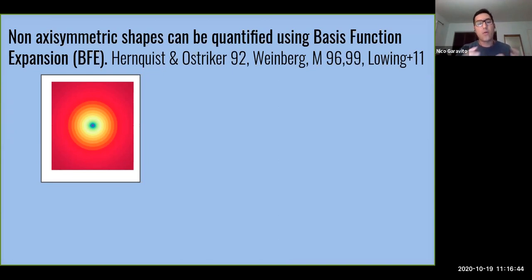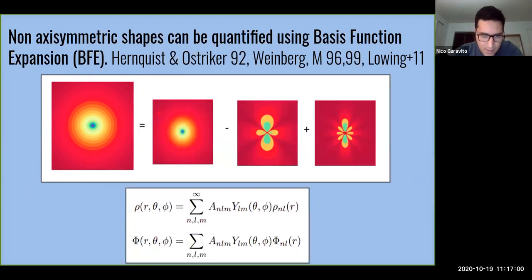So a way to do this is using basis function expansions, which is basically, imagine that you start with a given halo. In this case, this halo is very axisymmetric, but it's just for this example. And then you want to know what the shape of this halo is. You can do that by saying, okay, I will assume a first term that I know, like let's say a spherical term that is well known. This could be an NFW profile or a Hernquist profile. And then I want to put perturbations on top of this profile that I already know very well. Once I do that, then I will have an expansion of all of these perturbations.